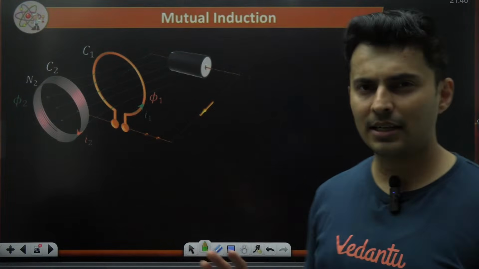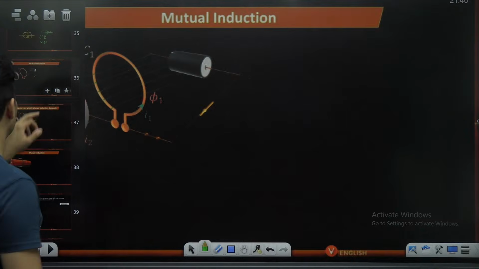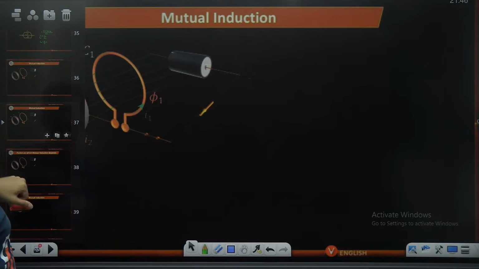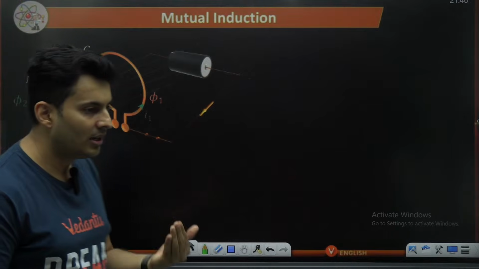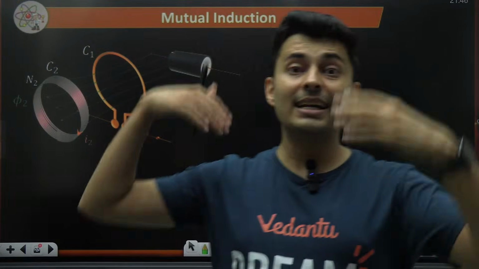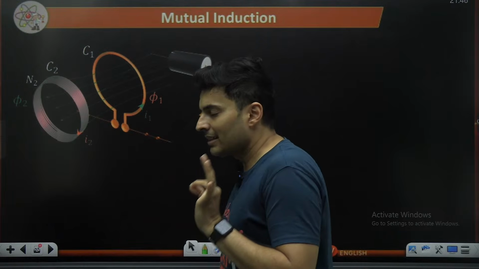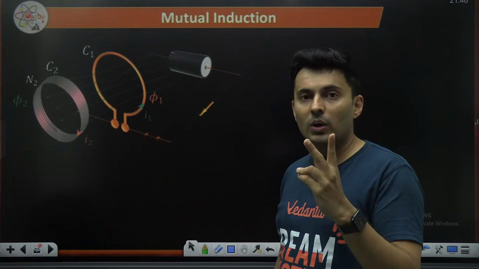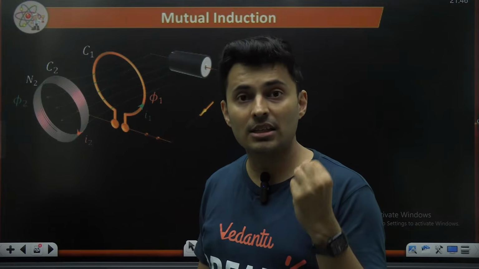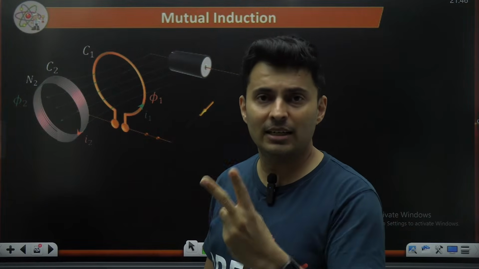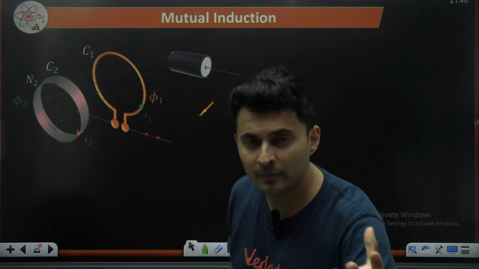We have studied self-inductance. Now we'll study mutual inductance. What is this mutual inductance? I just mentioned it to you that mutual inductance means you are affecting the other coil. Any change in you will create something in the other coil. So in mutual inductance, there are two coils. One of them is called primary, where the change in the current happens. The second one is called secondary, where the effect is being felt.